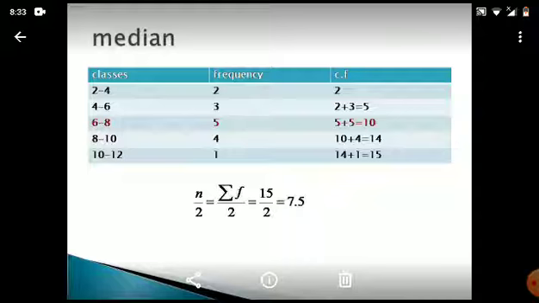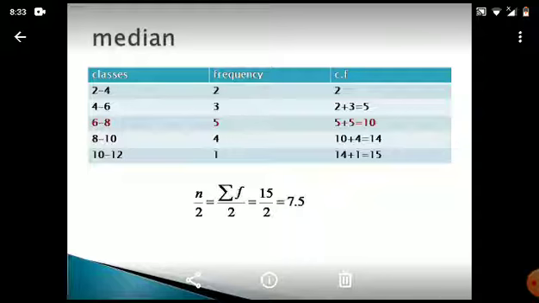Fortunately, both classes, median class and mode class, are the same. They are not always the same, but in the majority of cases, if the data is symmetrical, you will find the same class in median and mode case. But always remember that for mode you have to locate your maximum frequency, and the class with the maximum frequency will contain the mode. F1 is the frequency above maximum frequency, and F2 is the frequency below maximum frequency.